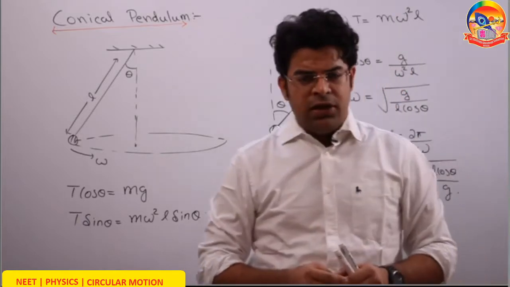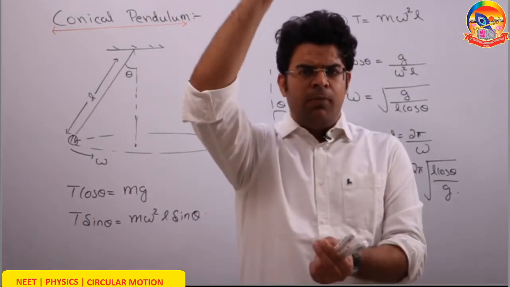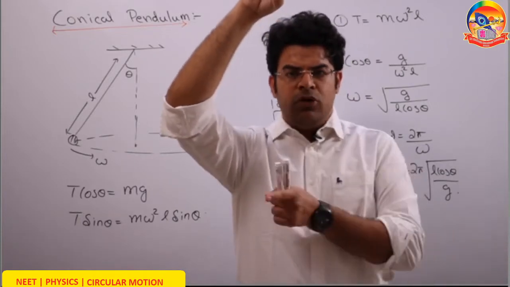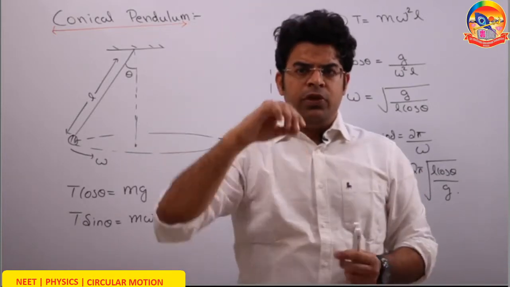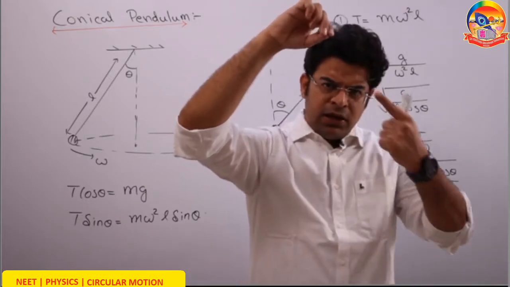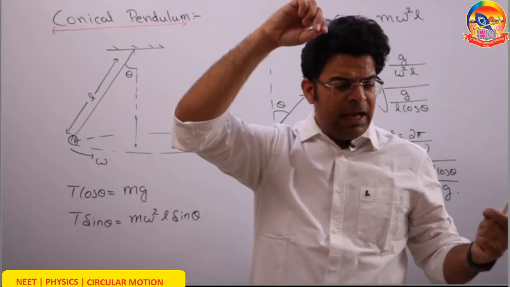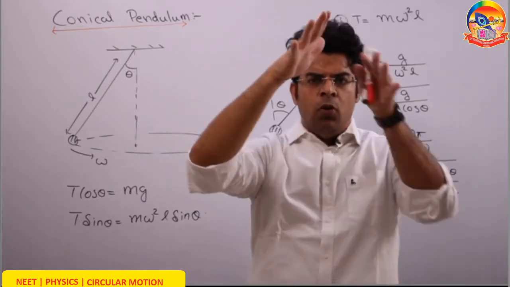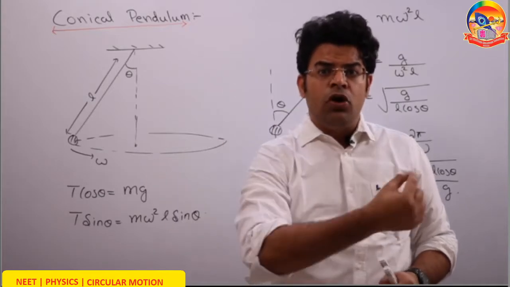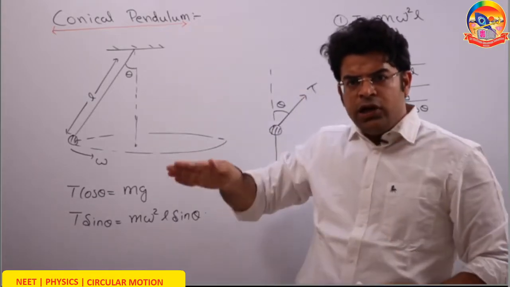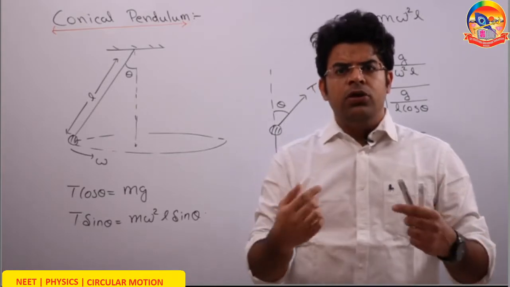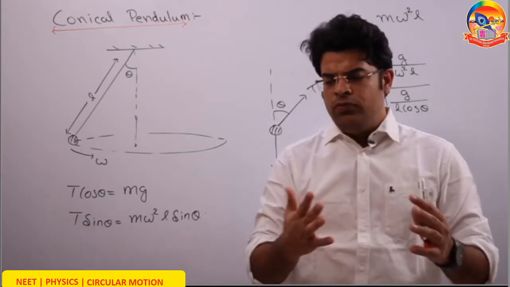What is a conical pendulum? You take a string, you take a bob, you move the bob to side and release it. That's your usual pendulum. Then what is a conical pendulum? When you have a bob moving in horizontal circle, the string connecting to bob as it moves forms an imaginary cone. That's why it's called conical pendulum. So here the bob moves in the horizontal circle rather than swinging to and fro about a point.